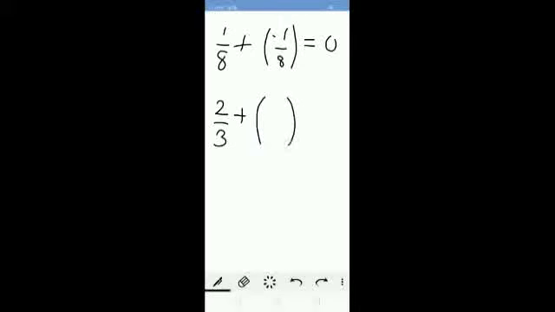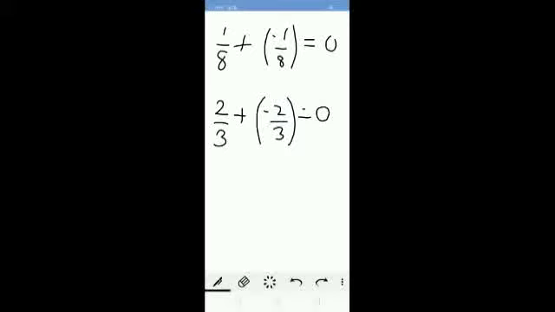Let me explain this property with some more examples. Now I am considering one number, 1 by 8, and you have to add it with some other number to get the answer 0. So what number can I add with 1 by 8 to get answer 0? Yes, of course it is the same negative number, minus 1 by 8. Then only when we add these two numbers can we get the answer 0. Another one, 2 by 3, another positive number. I want to add some other number to get answer 0. So what number do I add? The same negative number, minus 2 by 3.